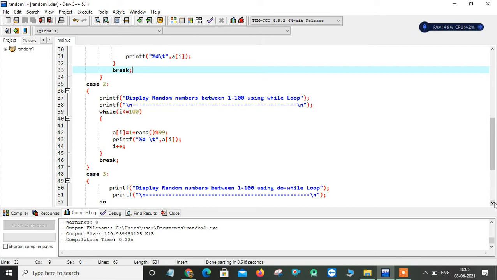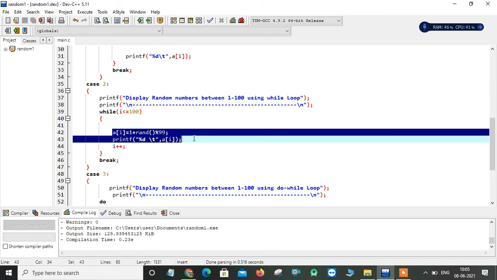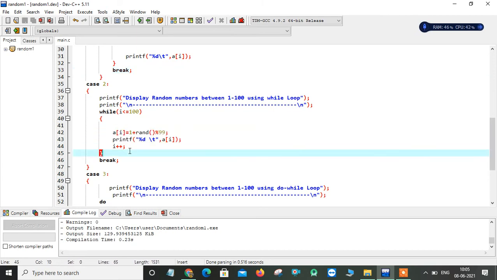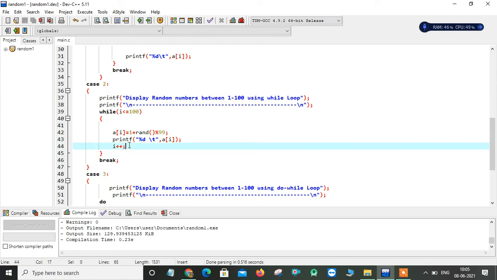So now I can write the same logic because my purpose is the same. The only thing I changed is I want to implement the same thing in a different way. So I can increment my i value. After it gets incremented, it takes 2, and 2 is less than or equal to 100, the condition is correct, again it will generate and place it at a of 1 position. Like that your loop will run 100 times. The last generated random number is placed at a of 100 position, and after that your i gets incremented, it becomes 101. 101 is not less than or equal to 100, the condition fails, and because of that it exits from your while loop.